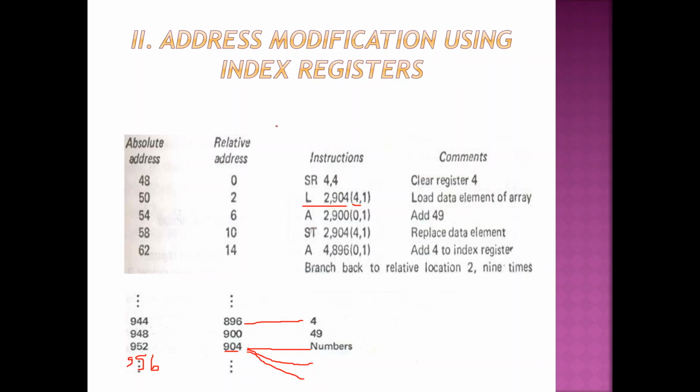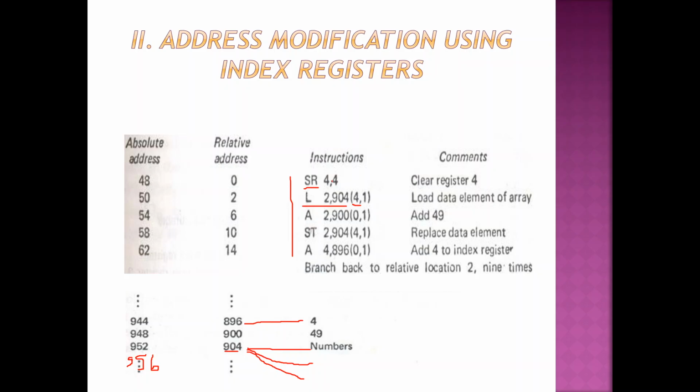So here is the complete code. Whatever I told you now is the concept, and the complete code is here. SR, this is subtraction. Subtract register 4 by register 4, just used for clearing register 4, that's all. So R4 minus R4 is 0. If I don't write that line, is it okay? It is okay. We are just assuming that maybe the contents of register 4 is 0 only. We are just clearing it. Subtract registers 4 comma 4.